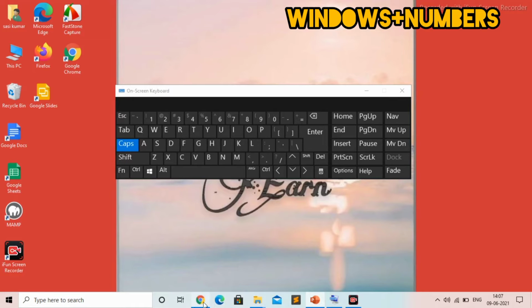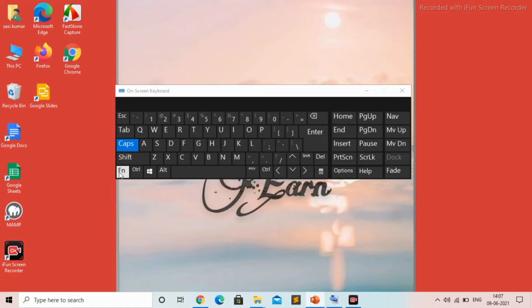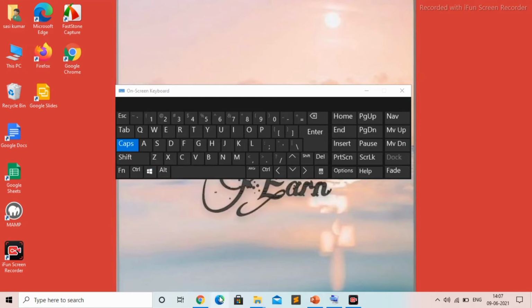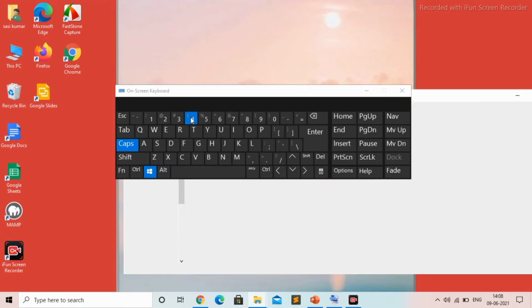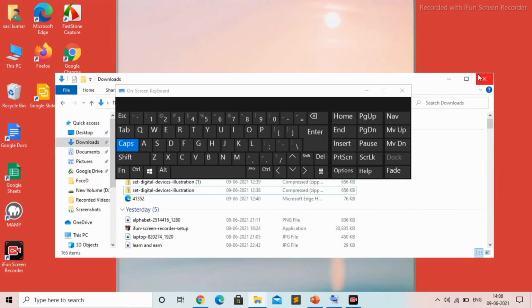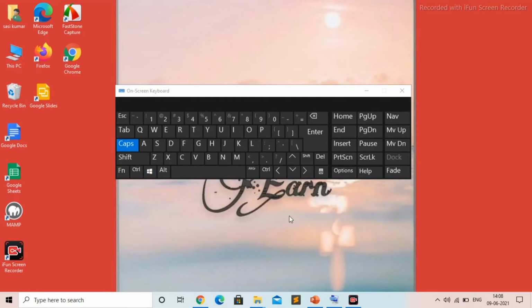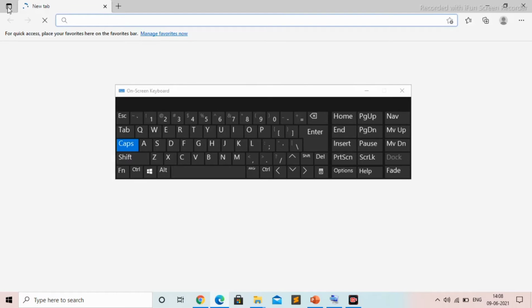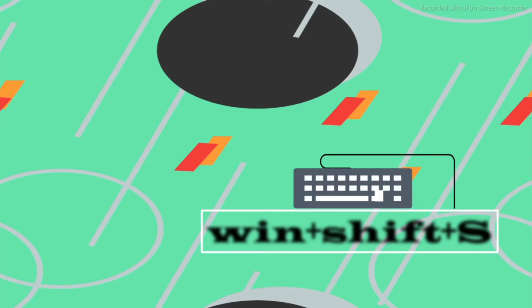The next key we are going to see is Win plus num. Using this key you can easily open the apps in the task manager. Here I have File Explorer in the 4th place, so I can simply press Win plus 4, so that File Explorer is opened. I have Microsoft Edge at my second place from left to right, so Win plus 2 opens that Microsoft Edge. Here you can see it's being opened. It will be very useful to us.